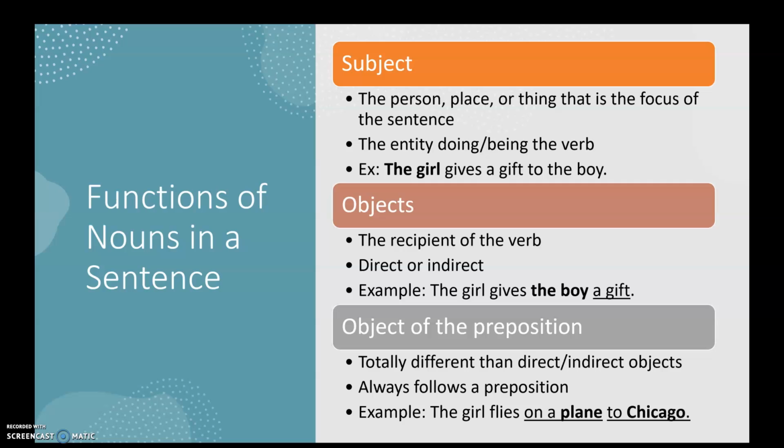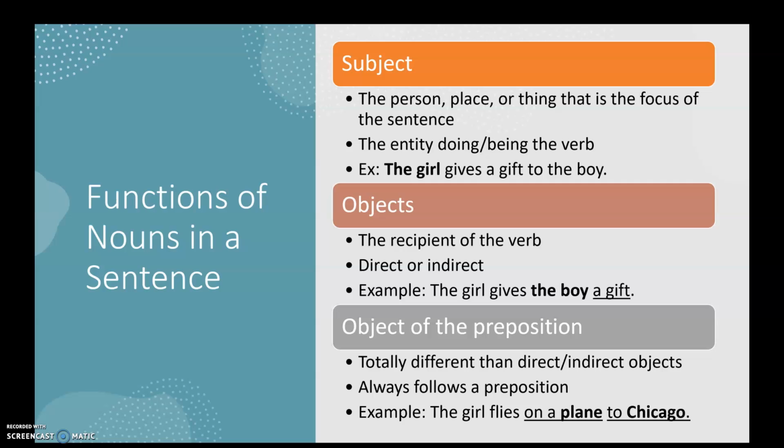So we're not going to worry too much about identifying direct or indirect objects here. Just know that with a lot of verbs, you do have to have a direct object and often an indirect object, especially with give. So the best way to test for that is just to read it and see if the sentence makes sense on its own without any outside information.